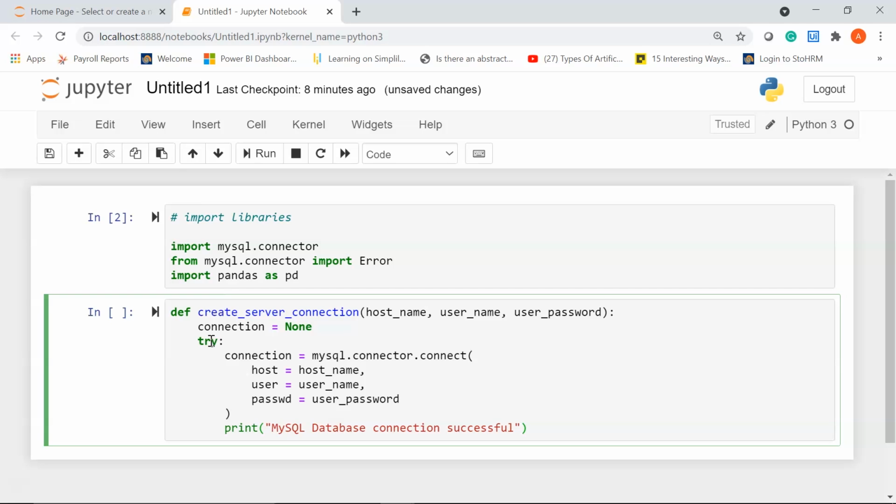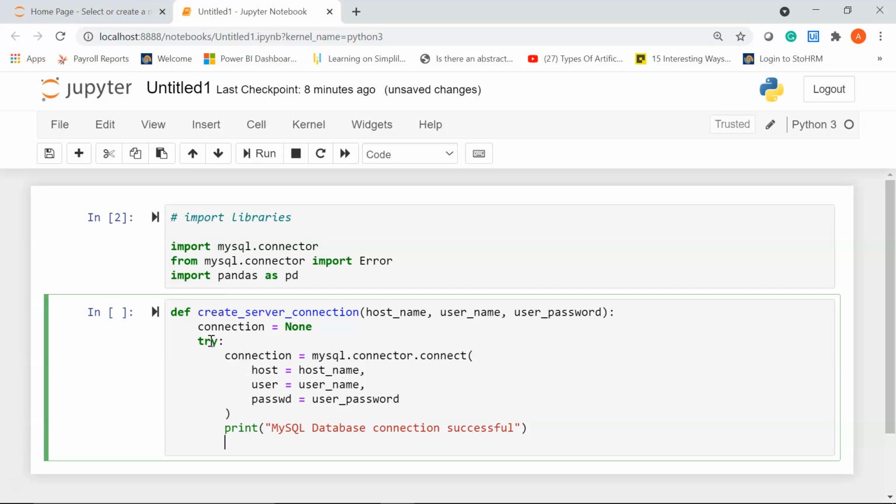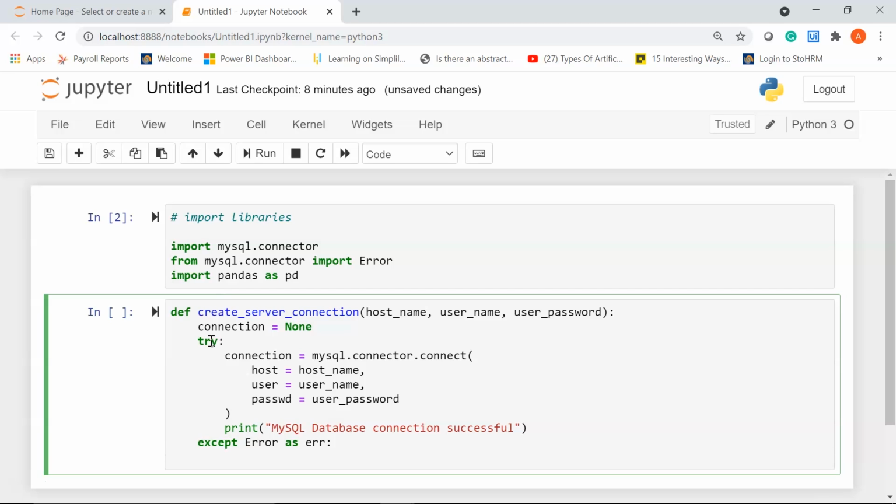After this, I'll give my except block. So I'll use the keyword except. Here I'll write Error as err, give a colon, and then I'm going to use the print statement. Here I'm going to use some print formatting techniques using the letter f.